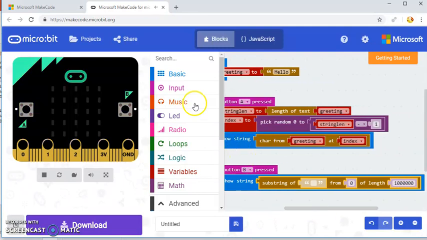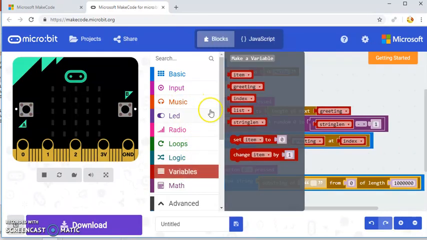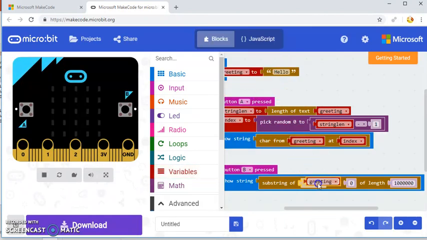So the thing we want to substring is our greeting, which is our string value, and we want to go from 0. I had said that we wanted to show the first 3 characters, so we're going to go from 0, and it is of length 3. So it's not going to finish at index 3, it is going to finish at index 2, because it is of length 3. So if I now press the B button, it should print out HEL,